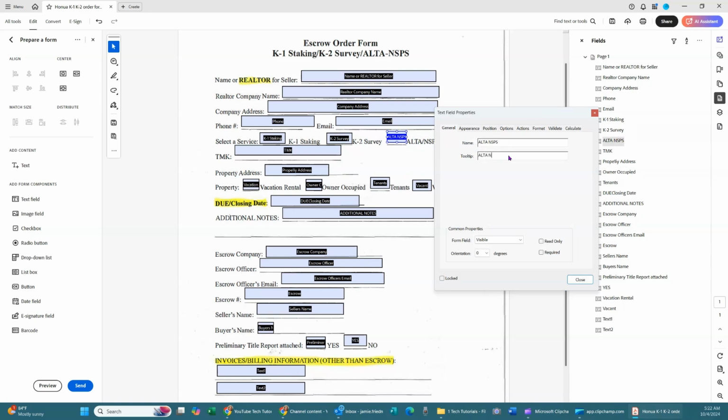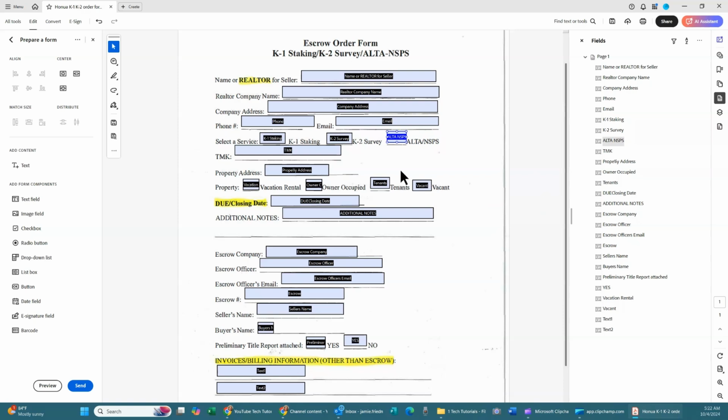Now these names are important and I'm going to show you why in a moment, but let's finish tidying up these boxes, wiggling them to the correct line, making them long enough to fill in. Oh, I just noticed we're missing an additional notes line here, so I'm going to go over the text field, select